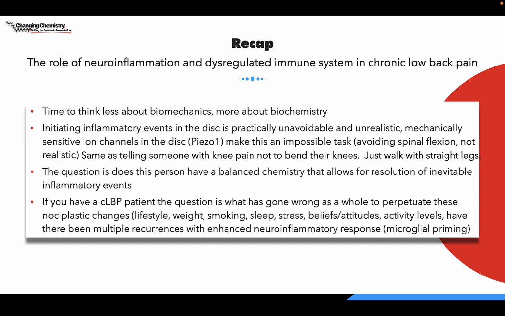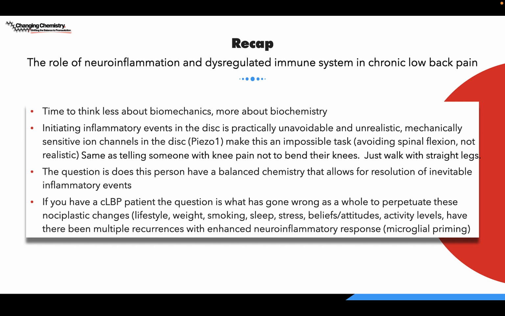Of course, there's lots of options here. Lifestyle, excessive weight, high BMI, smoking, lack of sleep, stress, beliefs and attitudes, activity levels. Maybe they've had multiple recurrences, and with this enhanced neuroinflammatory response, what we know as microglial priming, maybe eventually that neuroinflammatory response becomes unrecoverable. So we're just shifting the focus away from, of course, the biomechanical aspect of treating low back